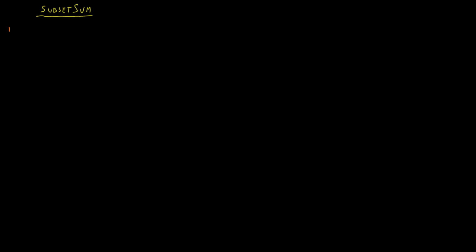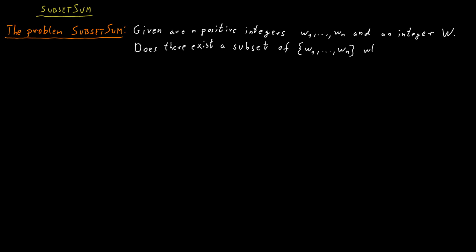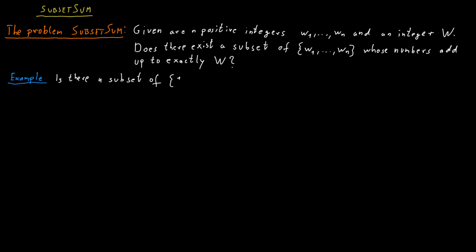In the problem SubsetSum, we are given n positive integers w1 to wn, and an integer capital W that is sort of a target value. And the question is whether there's a subset of the input numbers w1 to wn which adds up to exactly capital W. So for example, if we have a set of numbers including the numbers 1, 4, 16, 64, 256,